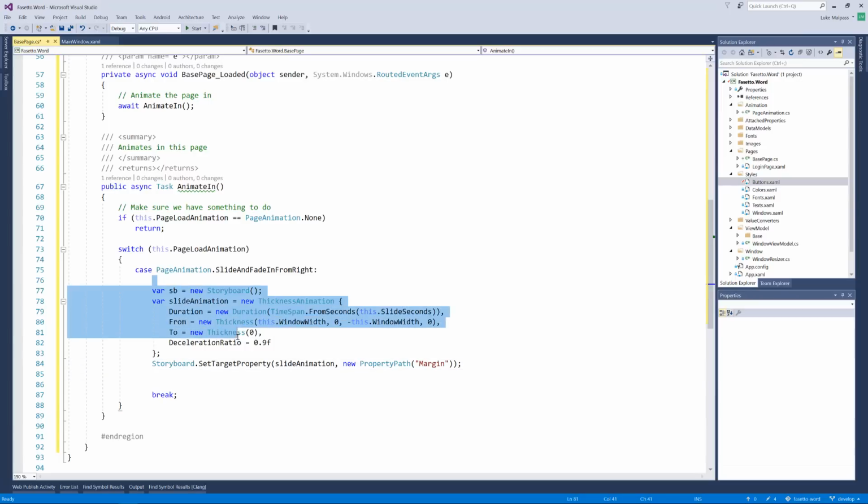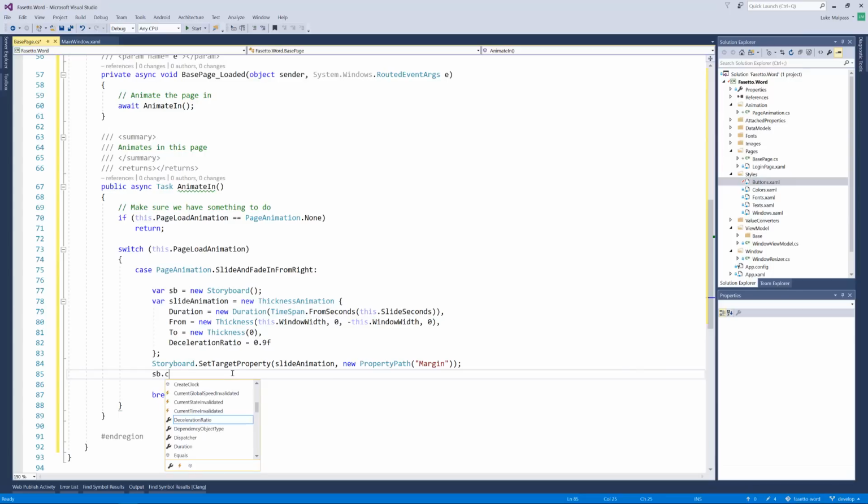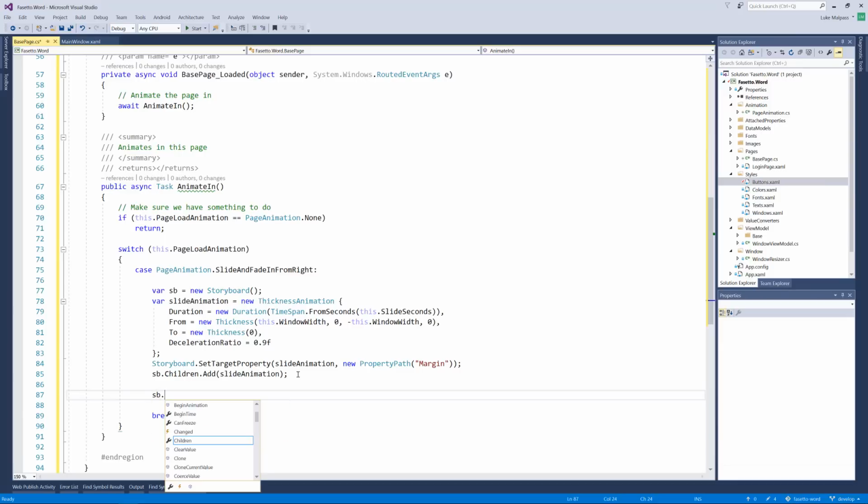You'll notice I'm not commenting this, by the way, because this is going to move to a helper function in a minute. So storyboard.children.add the slide animation, and that will now slide in if we play that animation. So let's start with that. So now we just do storyboard.begin,